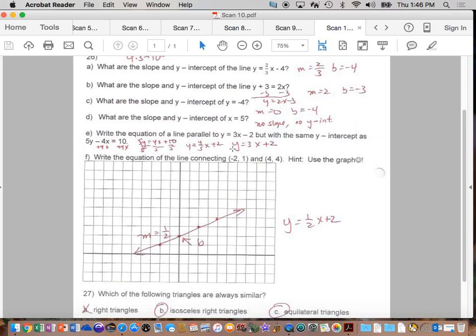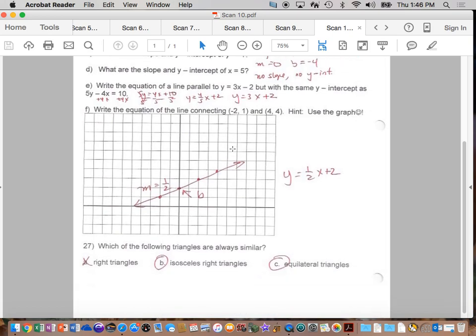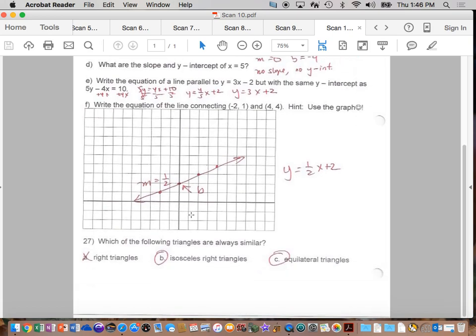All right, any questions on A through E? Okay, and then F and 27. Remember, similar means same shape, sides proportional. And isosceles right triangles are all 45, 45, 90, so they all have the same shape. And equilaterals are all 60, 60, 60, so they have the same shape also. All right, so that is everything that you needed to know about yesterday's work and today's